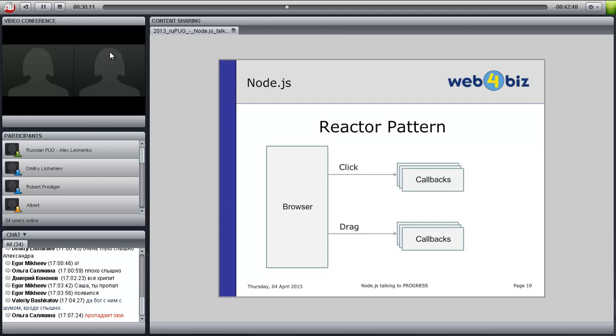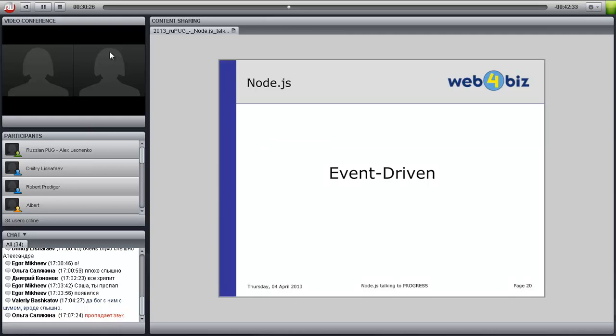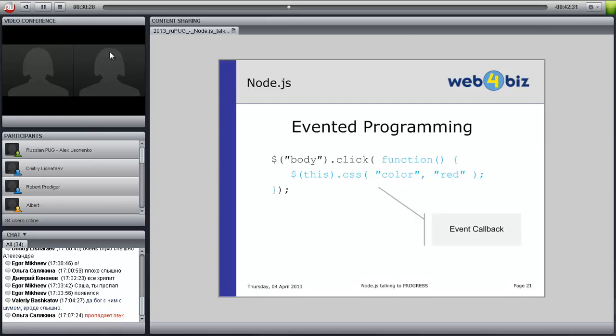In the event-driven approach, for a program, it looks like this.